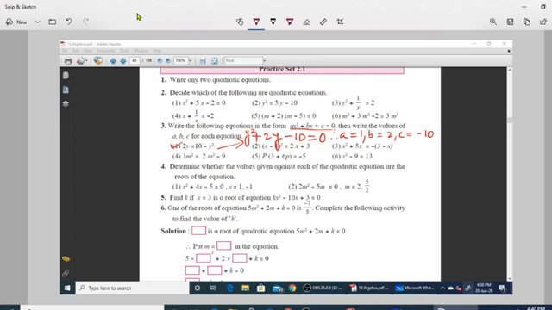Now we will not spend more time on this. Let's move on to the next question. Question number 4. Determine whether the values given against